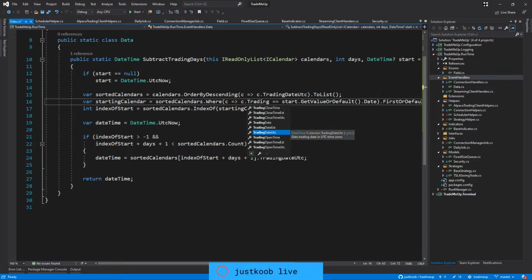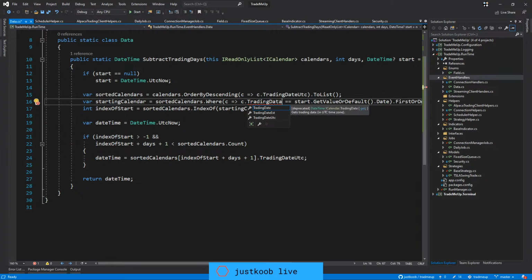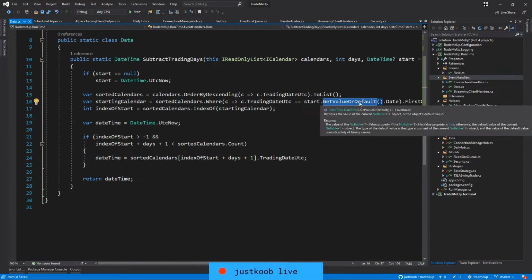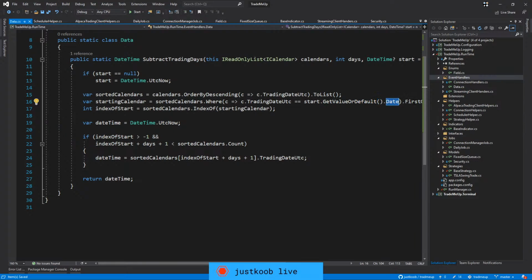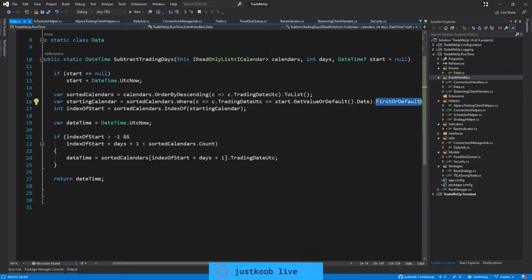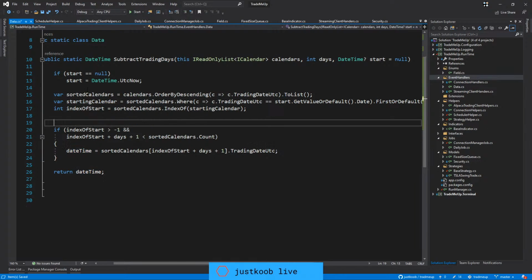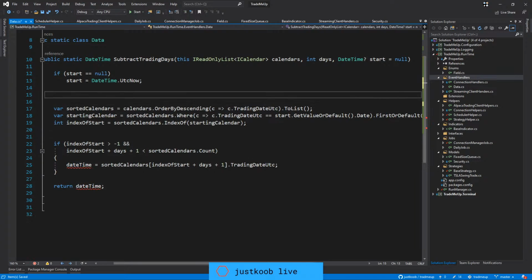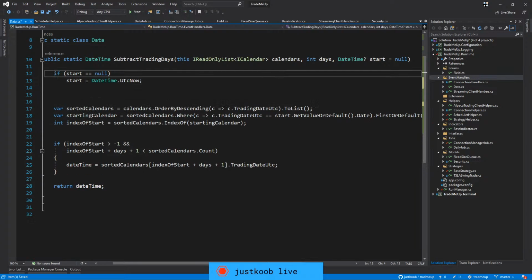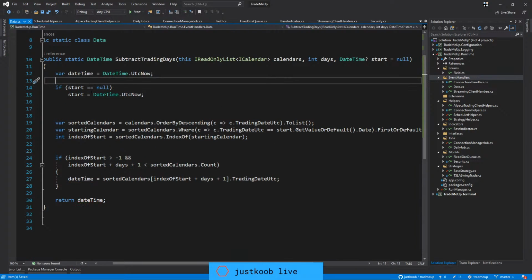Trading date UTC equals start date, right? First item, getting the calendar, first or default. And we will specify this up here. And then as long as